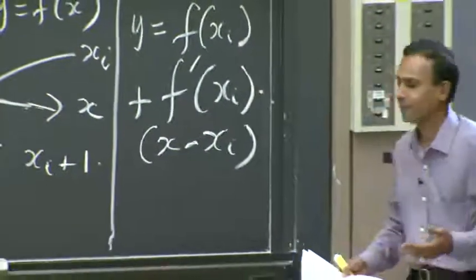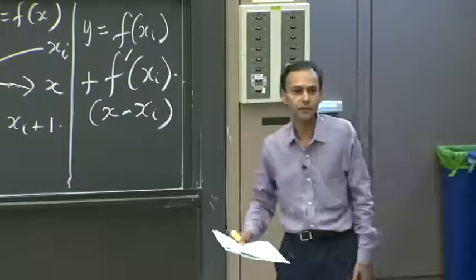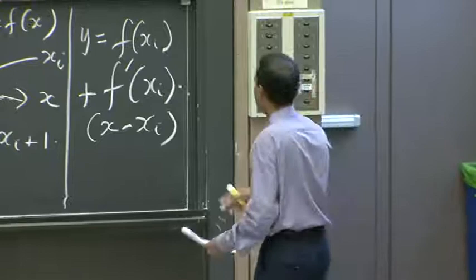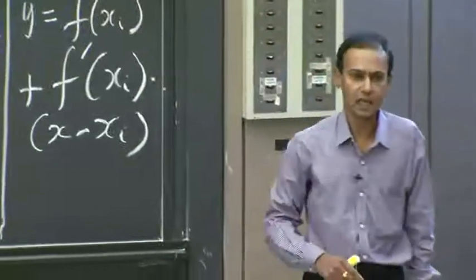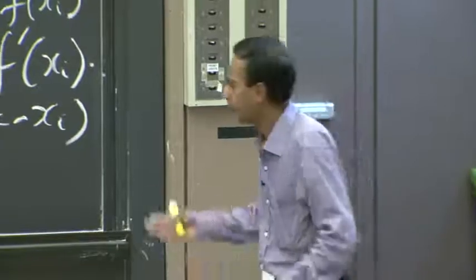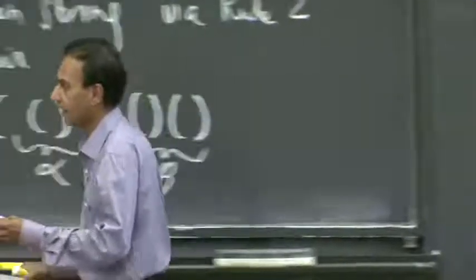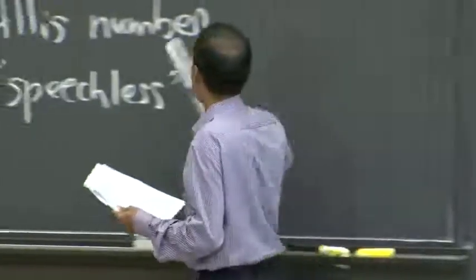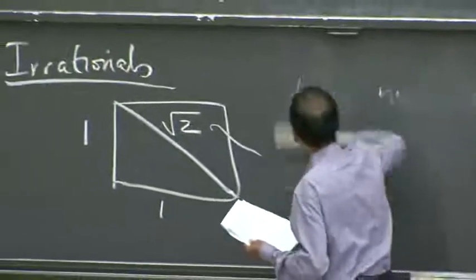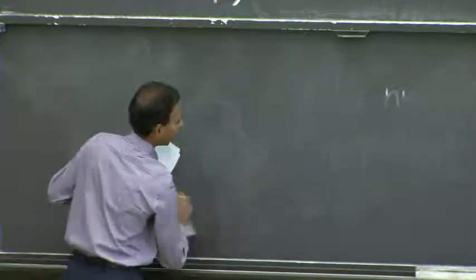So y equals f of xi plus f prime xi, which is the derivative of f evaluated at xi, times x minus xi. That's the equation for the line. And that's essentially what we have to do to compute things like square root of 2, which is to iteratively apply Newton's method. The only problem is, this is all good in theory, that we can do,